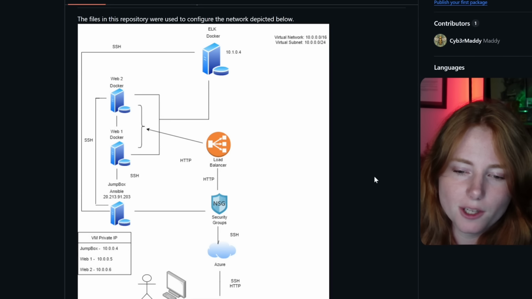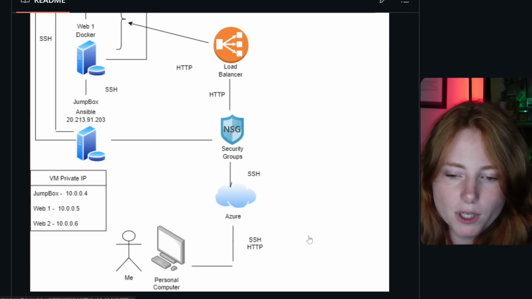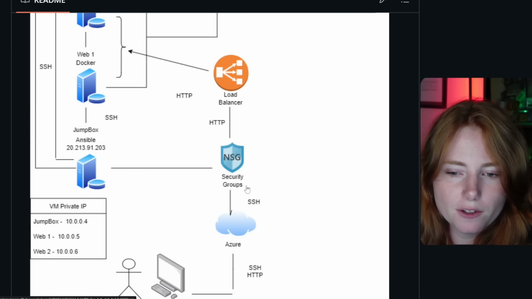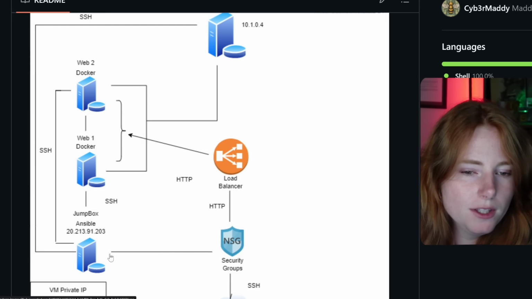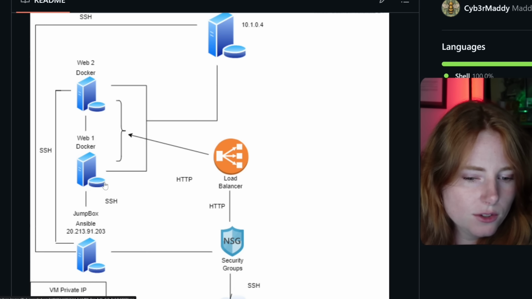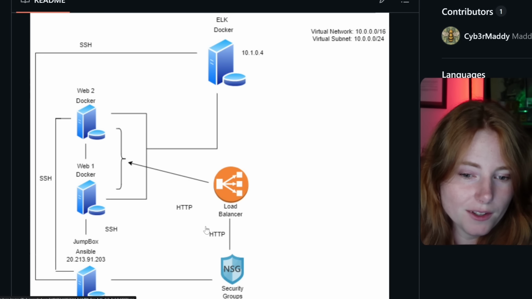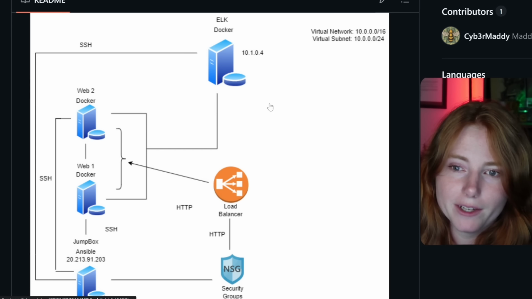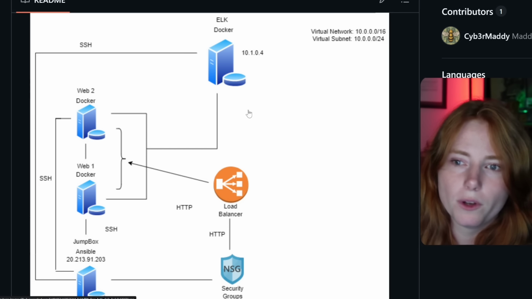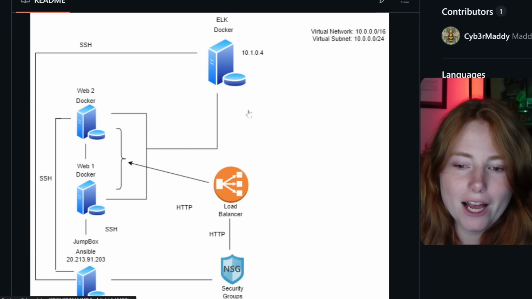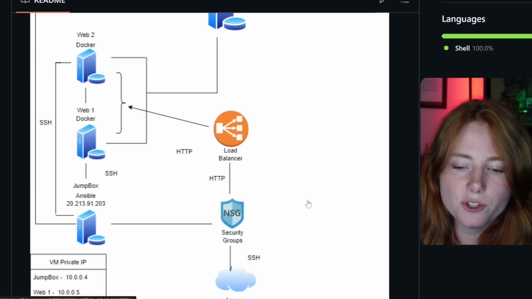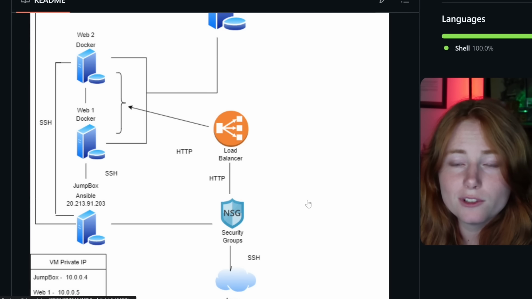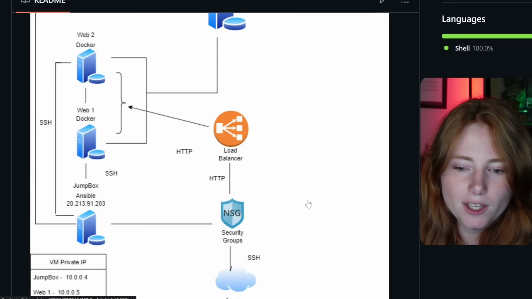So I actually did this project about 4 years ago. For this project, I used Azure to host my virtual machines and then configured the network security groups, deployed a load balancer, and then deployed all of these VMs with Docker, and then configured a jump box and then SSH'd into them, and then had my SIEM, which was an ELK stack running with Docker. But if you don't want to use Azure, you can just do this on VirtualBox or VMware, what have you. I just did it on Azure because jobs sometimes look for Azure experience, and if you've ever